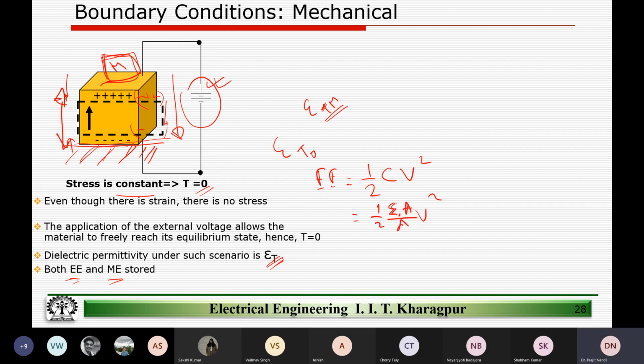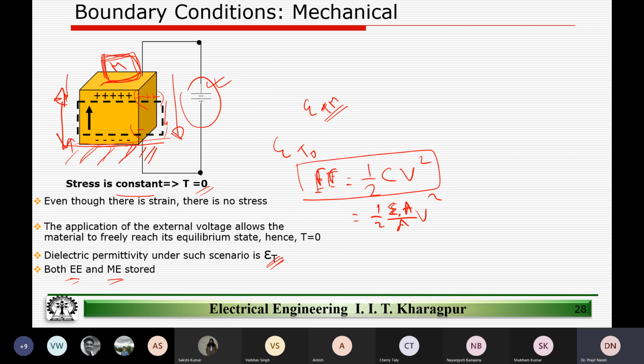So the point is, we have to look at under which condition the electrical energy that is stored is more. Is it under this condition when the mass is actually placed, or when the mass is actually not there? We have to think from that perspective. If the electrical energy,